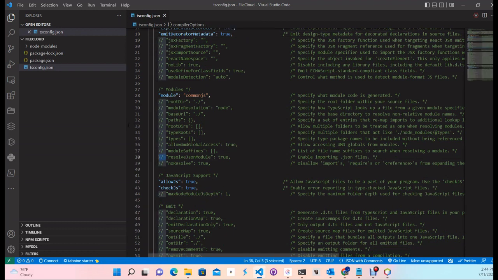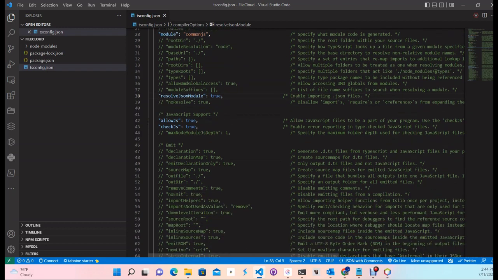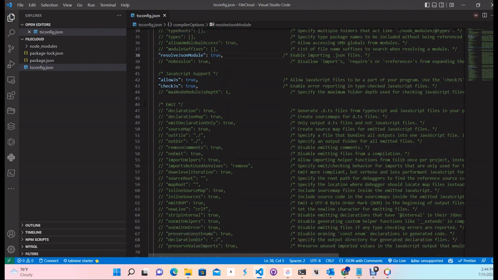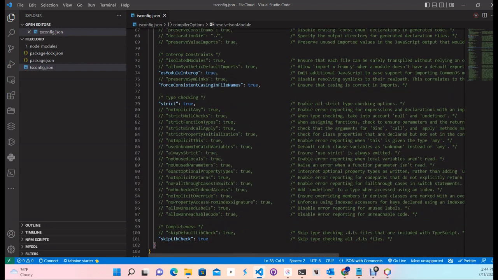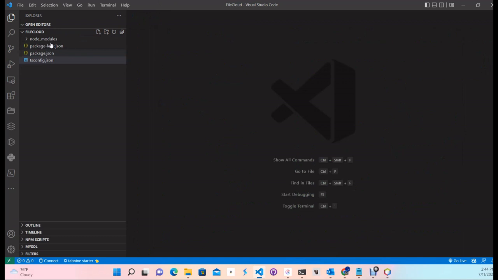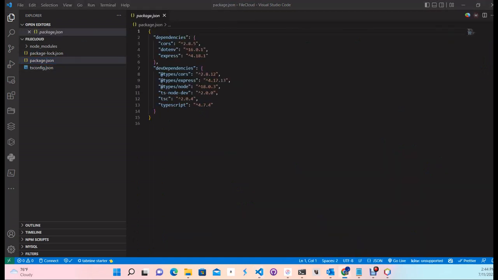We also need to have this as well. We will leave this as it is. So then we will need to come over to our package.json, and we will need to change a few